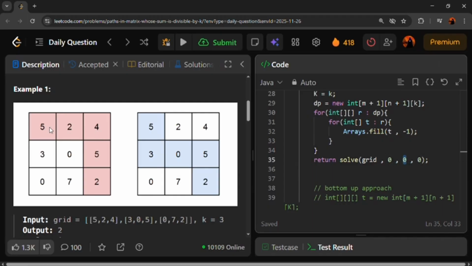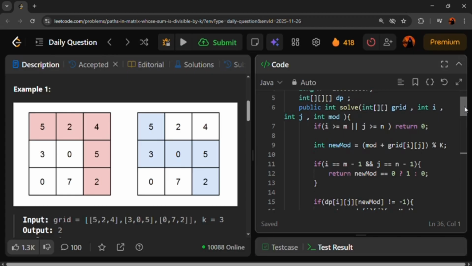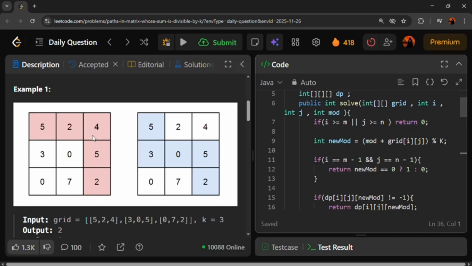the 0 comma 0 cell number, and the sum is 0. We pass the sum as 0 in the solve function. So what is the base condition? The base condition is that when we reach the last cell, that is m minus 1 and n minus 1, then we check that